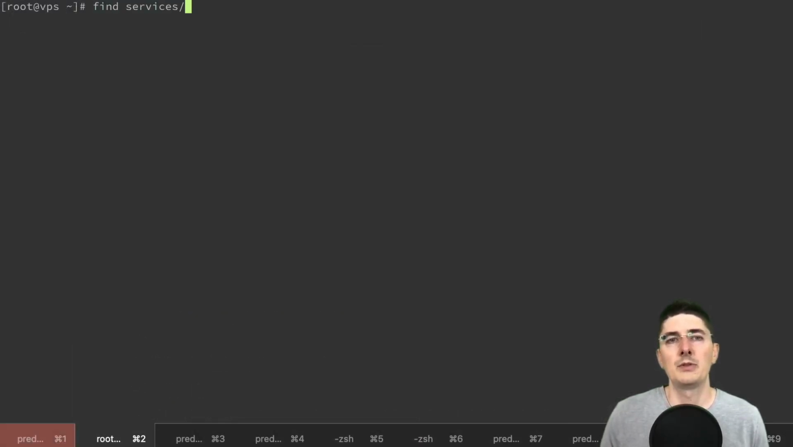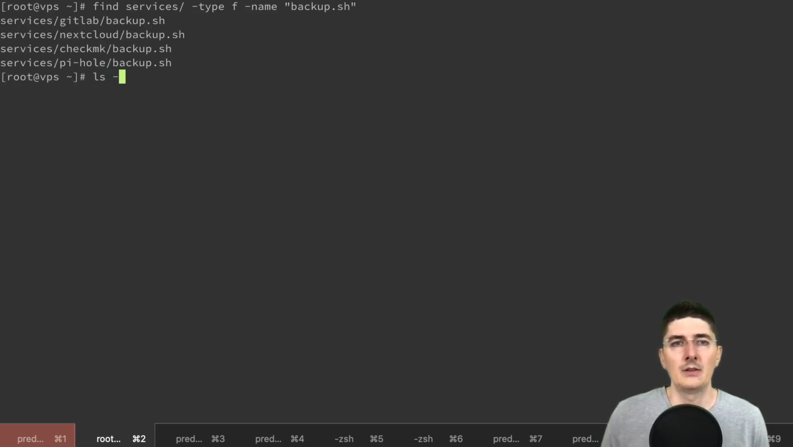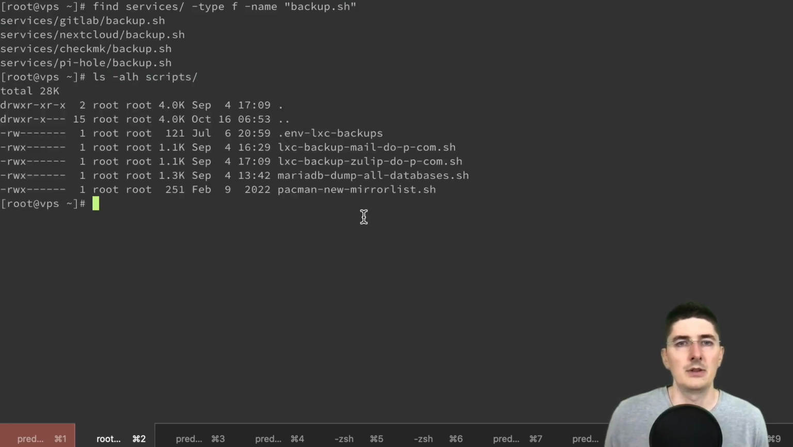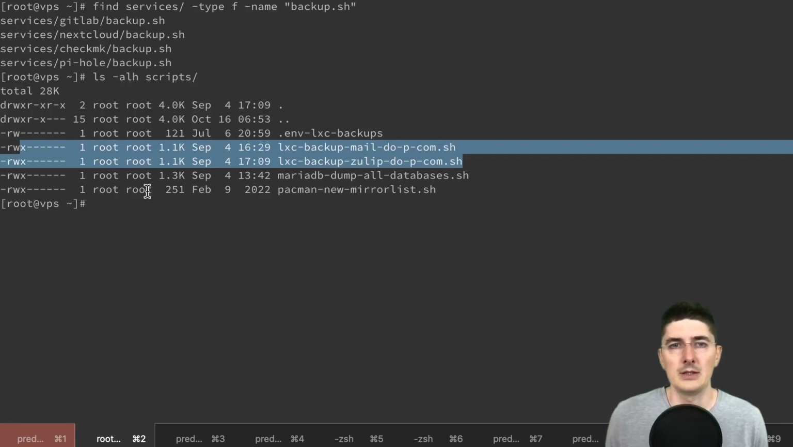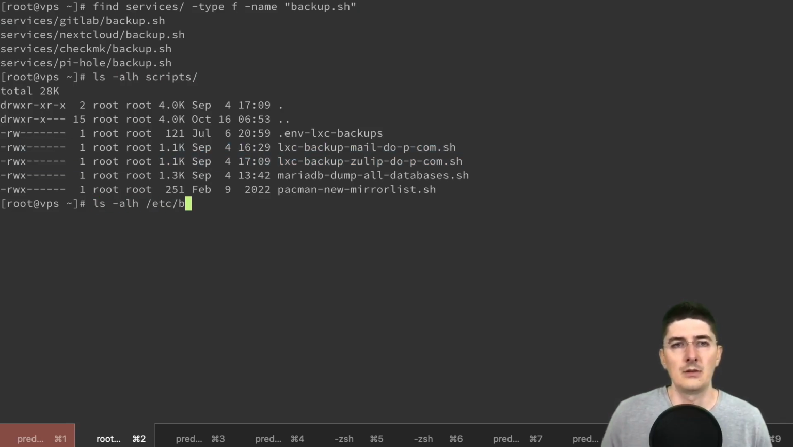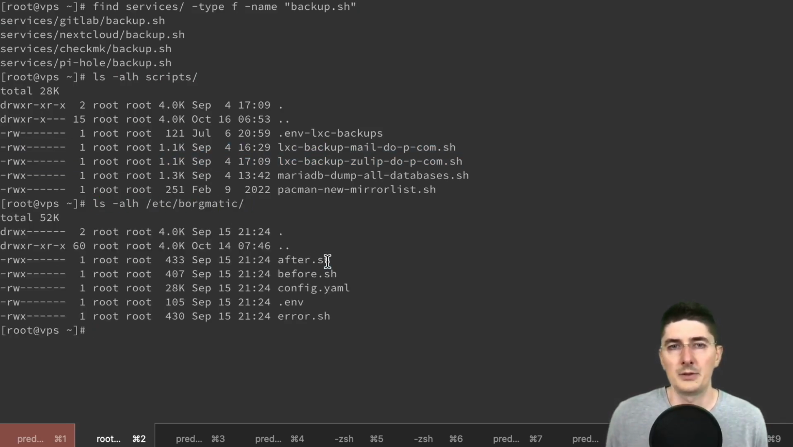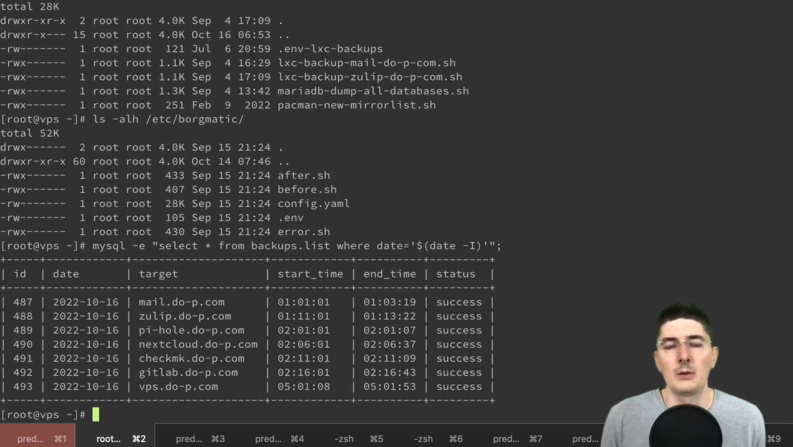You remember that we've created backup scripts for our services. They are all named backup.sh. Then there are these scripts here for backing up LXCs. And then there is Borg with the after.sh script. All these scripts will write results of those backups to the database. If I do mysql -e and then select star from backups.list where date is today's date, I will see all backups